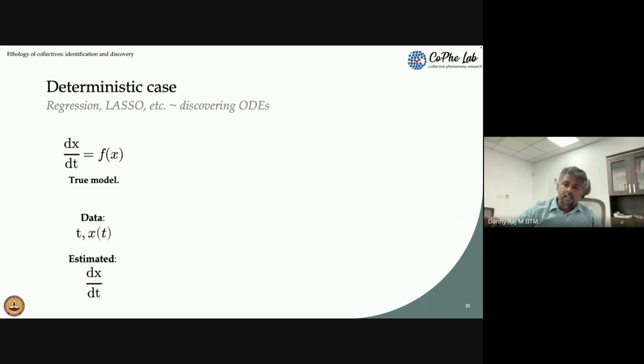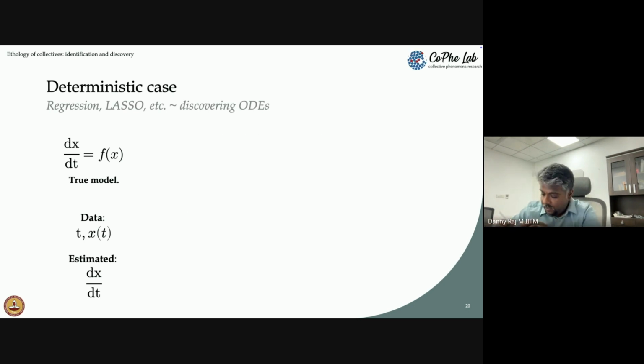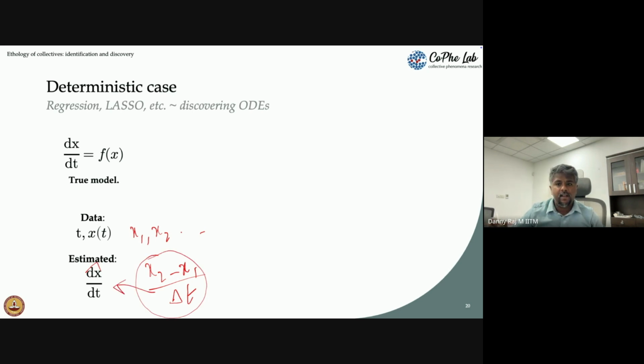Now, from that, what can you estimate? You can estimate the derivatives. So let's say you have x1, x2 at time t equal to 1, 2, and so on. All you have to do is x1 minus x2 divided by delta t. So this is 1 delta t, 2 delta t, and so on. So by doing this or any other sophisticated smoothing and filtering and so on, you can essentially get an estimate